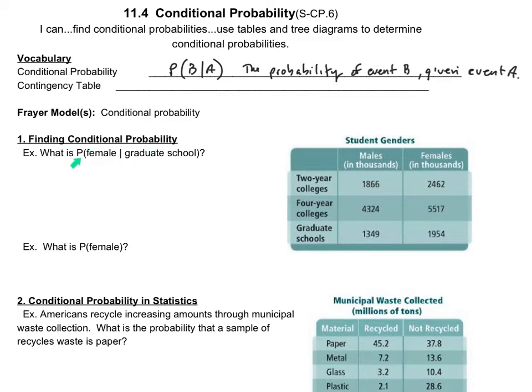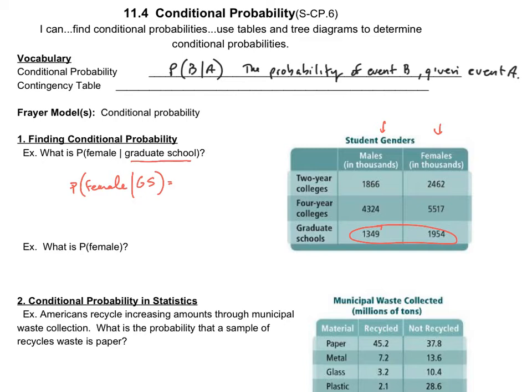What is the probability of a student being female given they are graduate students? If we look at this table, it talks about our genders: you've got male students and female students, and we're talking about given graduate students. So all of my graduate students, we'll add those together. So the probability of the female and a grad student